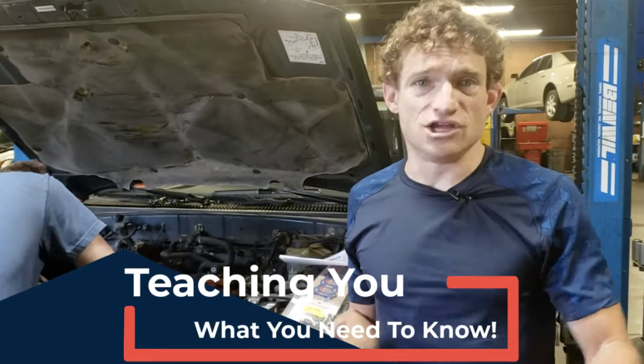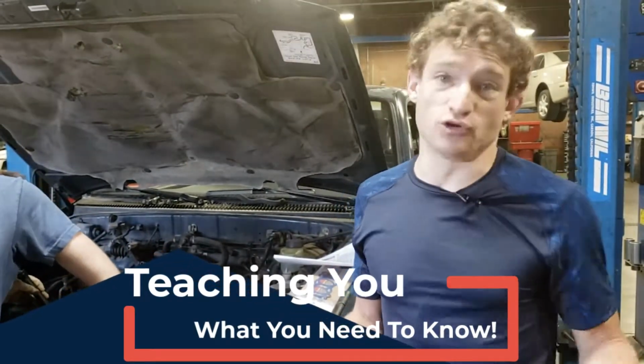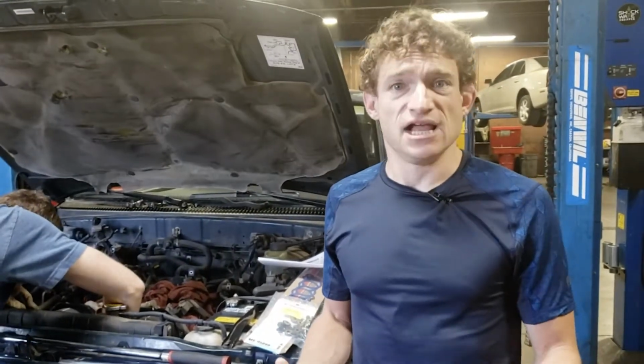So if you're thinking that you don't need to change your timing belt because it ain't broke, don't fix it, you might be risking damage that could cost $5,000 or more. Additionally, if you're thinking that this might be a maintenance service that you want to bite off and take care of yourself at home in the driveway, well, you might be able to take care of your oil changes, your air filters, and your basic odds and ends. This is a job that needs to be done by a skilled technician. If one gear is off by one tooth, the engine could be destroyed. This is not something that should be taken lightly, and is something that an ASE technician should be servicing on